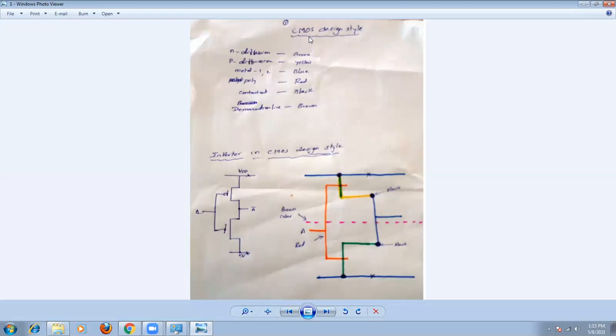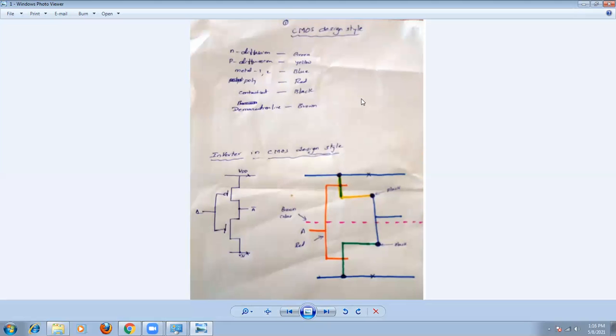But now just observe here, we can follow only the well structure. Well structure means, for example, we go for the P channel FET, and we can construct the inverter either in a P well or in an N well. Assuming that we are using a P well, the well is P type material, so the substrate is N type material. In the N type material, we use the P well, and in the P well we construct the N channel FET.